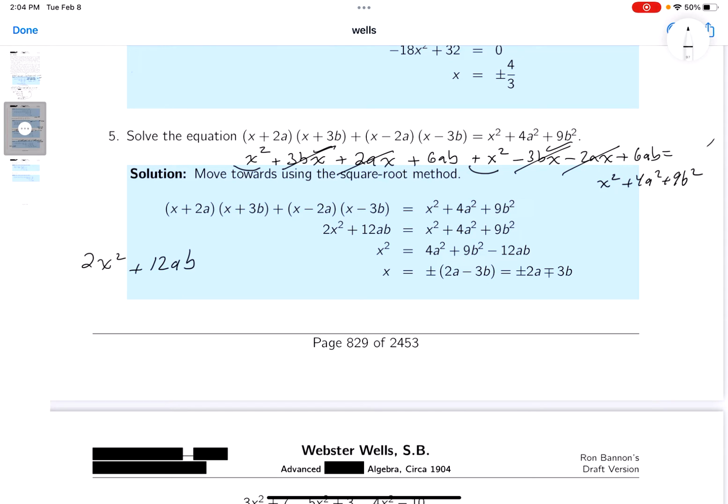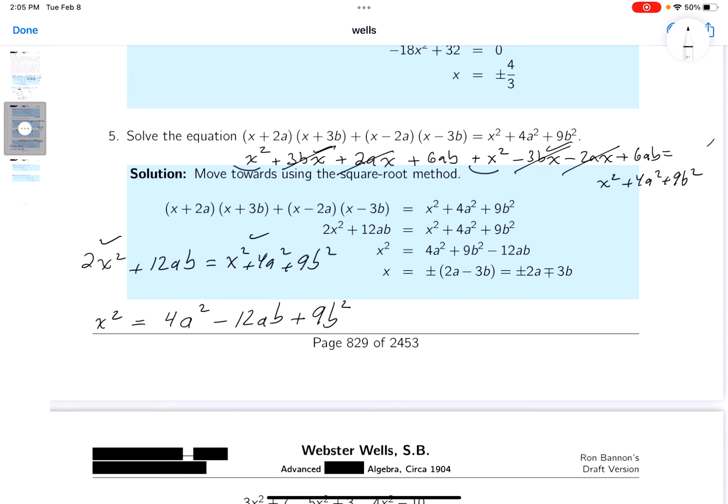And that's what I get on the left side. Then what I get on the right side is x squared plus 4a squared plus 9b squared. Well, I'm going to take x squared from both sides and get this. And then I'm going to collect the terms on the other side. And what would that give you? That would give you 4a squared minus 12ab plus 9b squared. But I'm not opposed to you saying x is plus or minus the root of that,